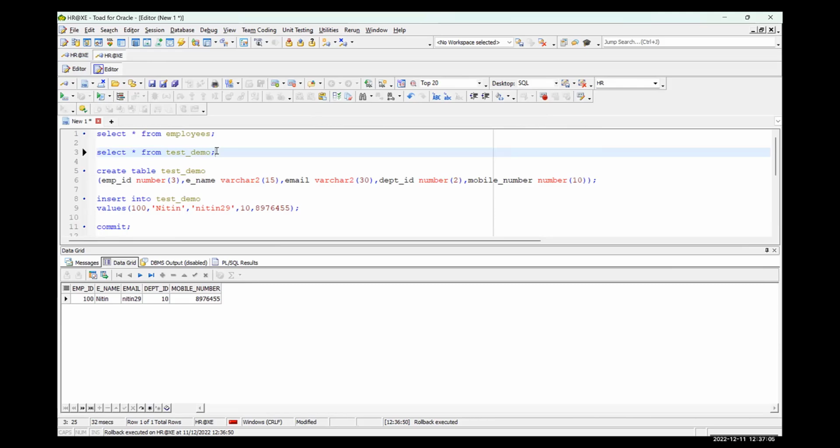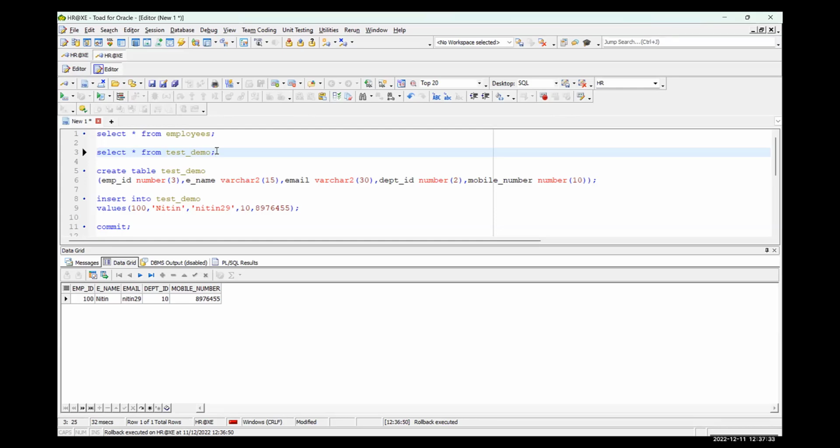This is a very popular example, like your ATM. When you go to your ATM, you put your ATM card into the machine. You enter your password and all. You press withdraw, and suddenly you change your mind. Okay, I don't want to withdraw. You just press the cancel button. So what you are doing actually there? You are just rolling back your transaction. You don't want to perform that.